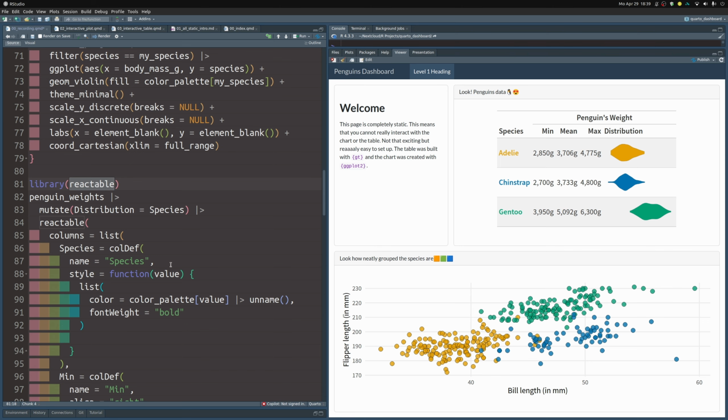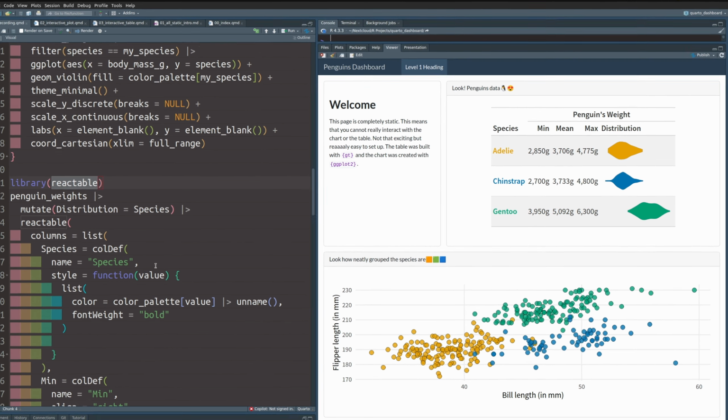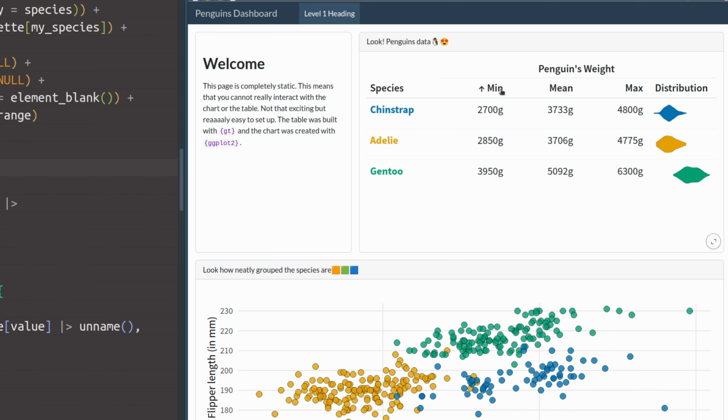And the nice thing out of the box, if we render this, then the table that we generate is sortable